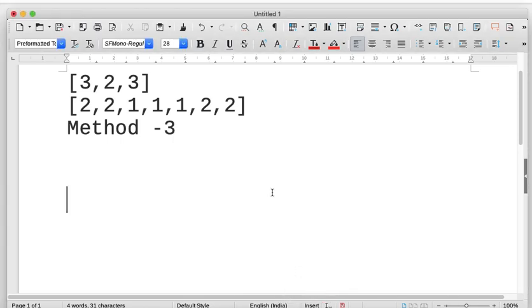Before going to method 3, let's see what the complexities were in method 2. It was in place, I mean it didn't require any extra space, but it required n log n time to sort the array, which is again complex. So we should see if we can do anything better. There is another optimized approach called Moore's voting algorithm. This is a very easy algorithm. If you understood the intuition behind it, you feel like, why didn't I think of it?